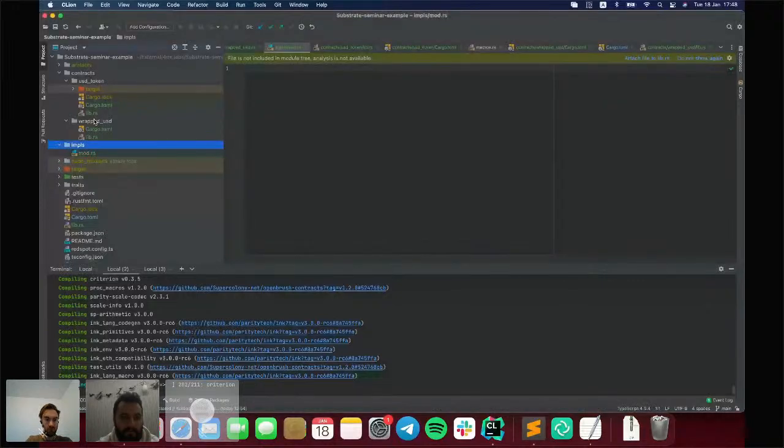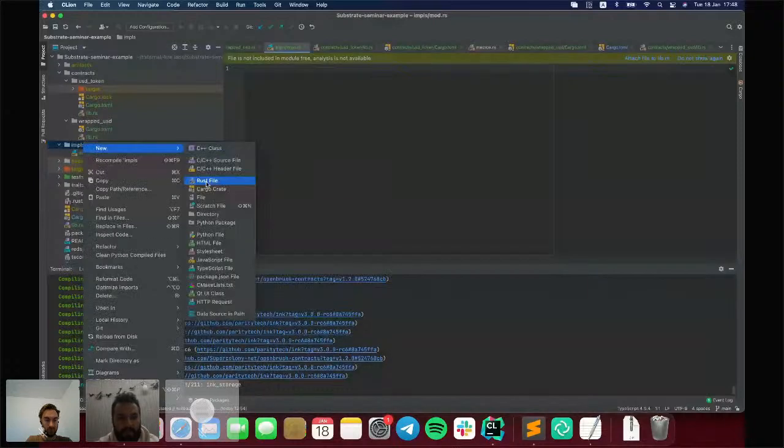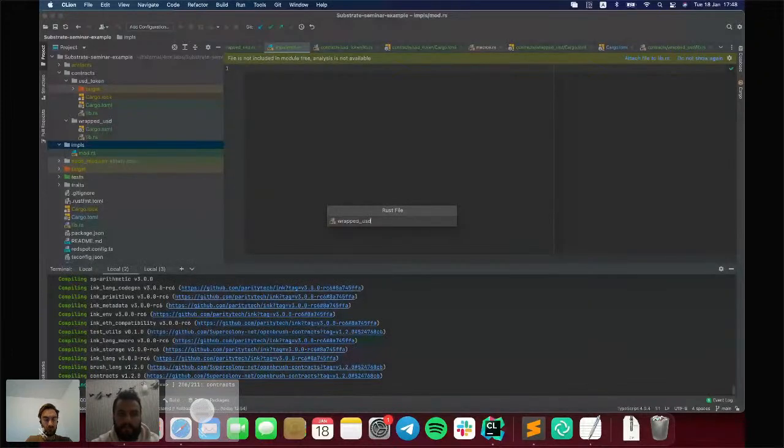And here we also need to create a file for wrapped USD and for USD token.